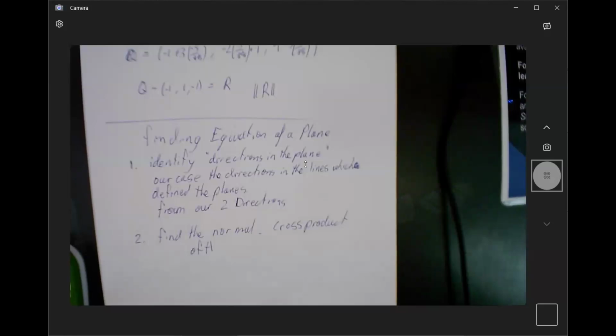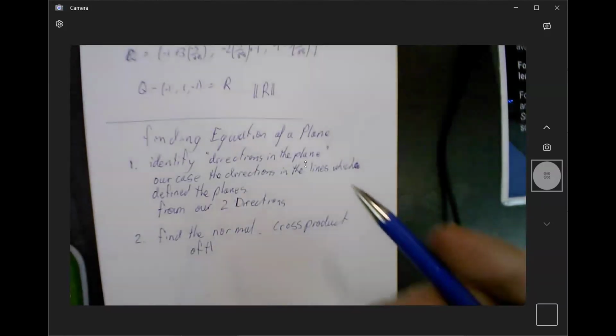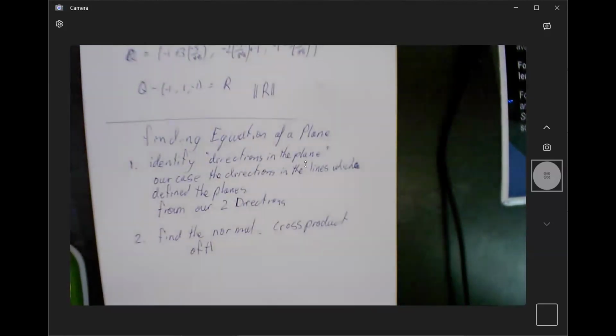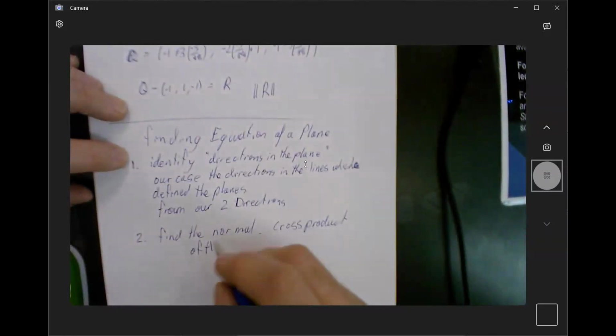Or making them all whole numbers. So if I have 2/3 and 1/3 and 7/3, I times it through by 3 so I've got whole numbers, because it reduces the complexity of the thing I'm thinking about. And it just makes it simpler to work with. So what was I finding the normal cross product of